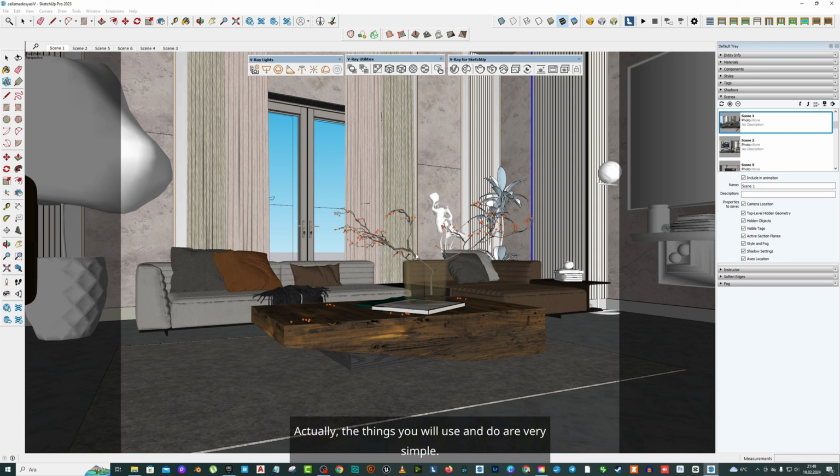Actually, the things you will use and do are very simple. In our next lessons, I will explain by giving a general summary of the parts we have already done, friends. The other parts are already about using textures, assigning textures, and adjusting the lights and ambience inside. But in the next lesson, which is a summary of everything, I will explain the summary of all of them,